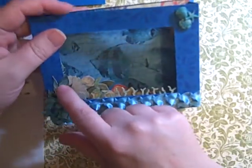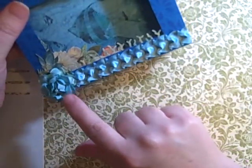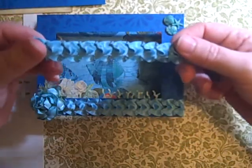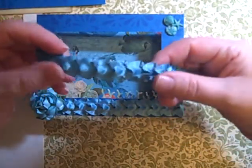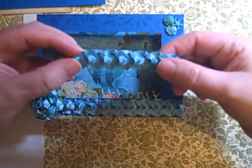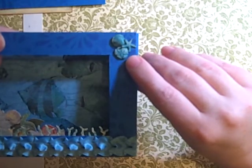I used a piece from one of the tickets, one of the flowers, and cut that out. And then just a flower that I sprayed with my mist. And then a piece of ribbon. And this I got from Hobby Lobby. And I sprayed, no, I didn't spray this. I used a dabber on it. Broken china, and I'm sorry, a distress stain. So that's that. I just put some glossy accents over this one, and then I made some little seashells and